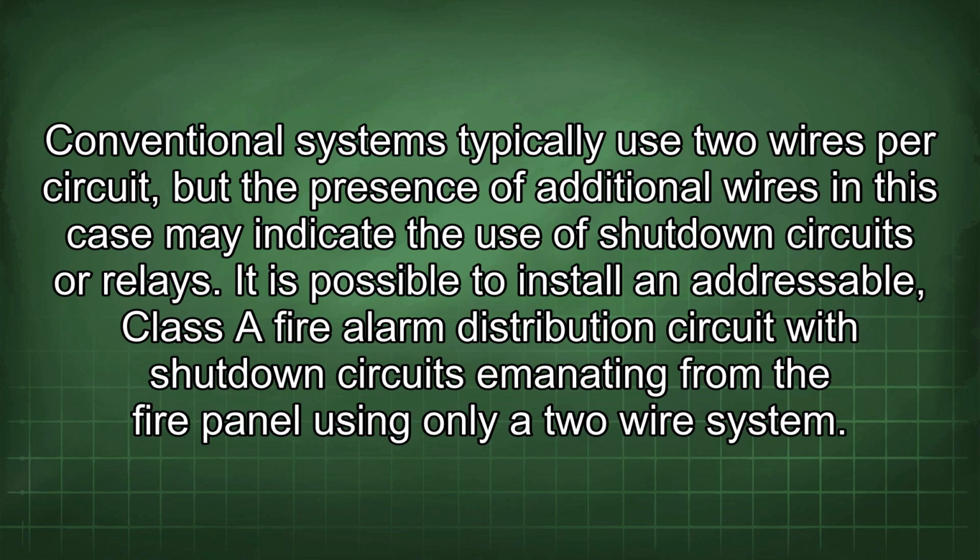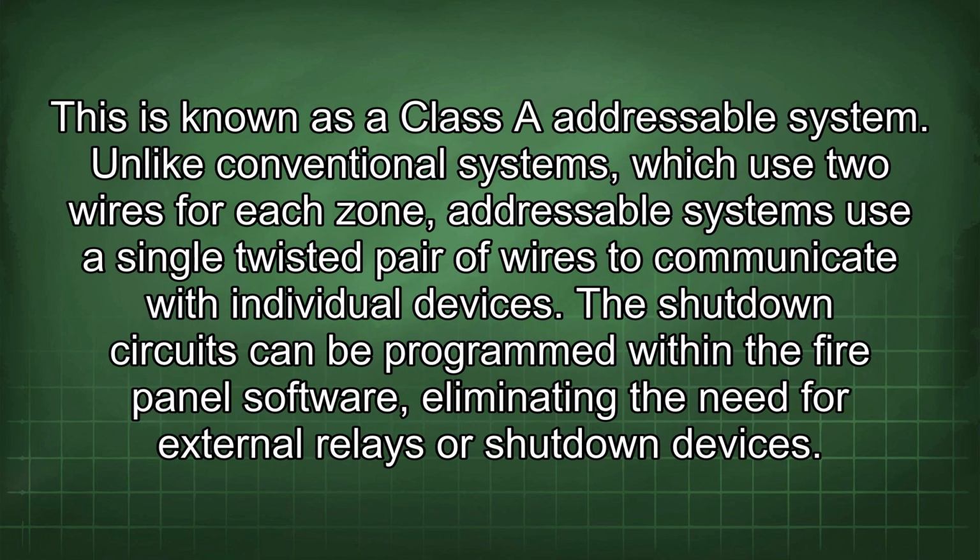It is possible to install an addressable Class A fire alarm distribution circuit with shutdown circuits emanating from the fire panel using only a 2-wire system. This is known as a Class A addressable system. Unlike conventional systems, which use 2 wires for each zone, addressable systems use a single twisted pair of wires to communicate with individual devices. The shutdown circuits can be programmed within the fire panel software, eliminating the need for external